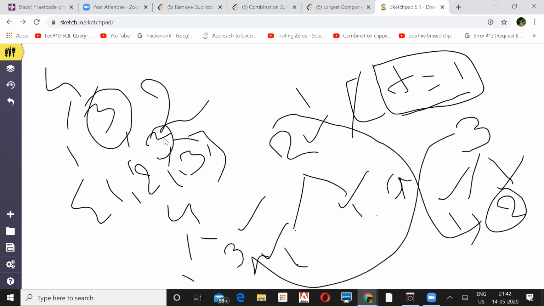You see nowhere the dp3 is in the below subtree of 3. Nowhere 3 is coming. It has 1 and 2. Then 2 will further become 1 and 1.